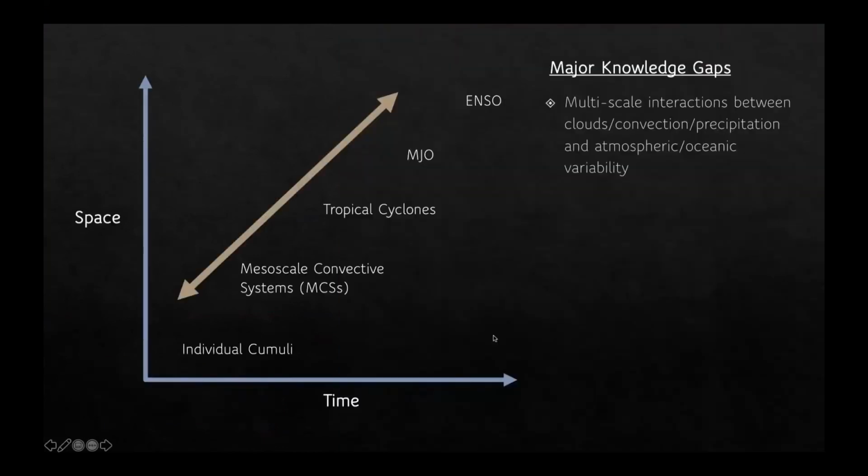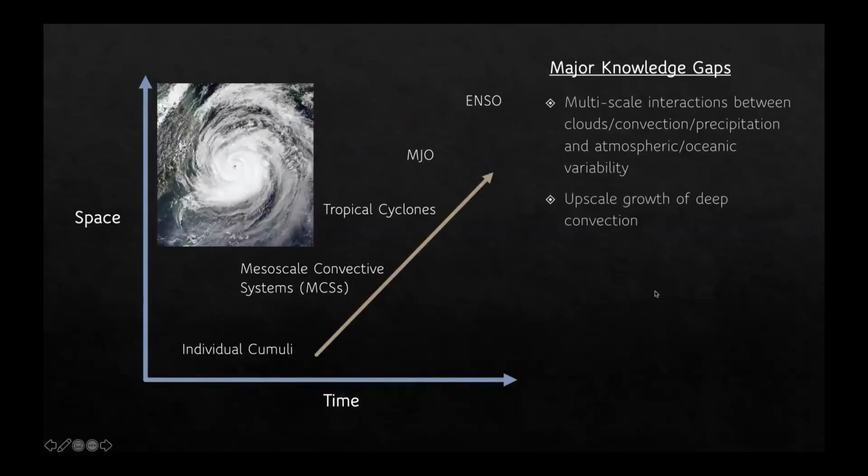So I figured I would start by simply outlining the major knowledge gaps, which we are all quite familiar with, at least at these larger scales. A common theme among all of these talks and discussions is these multi-scale interactions from the atmosphere side between clouds, convection, and precipitation, and atmospheric and oceanic variability. And a couple of things that also reach across scales that are major knowledge gaps, that hopefully we can start addressing by combining both spaceborne and field campaign and hopefully longer term observational sites, is understanding the upscale growth of